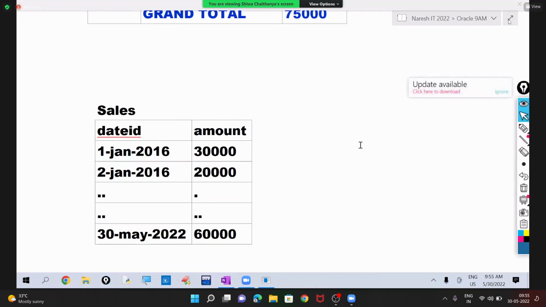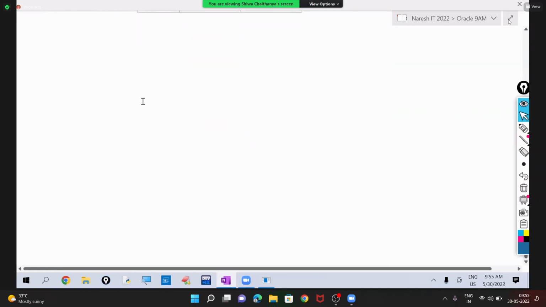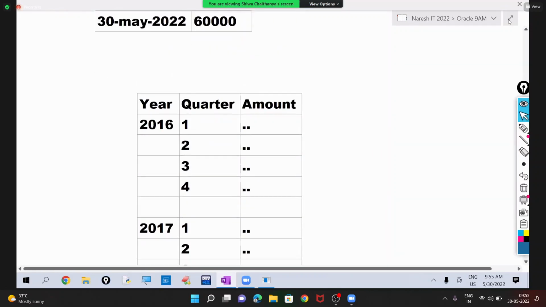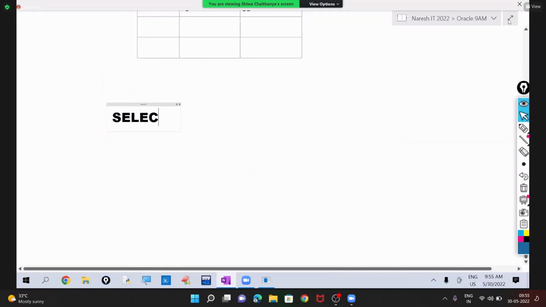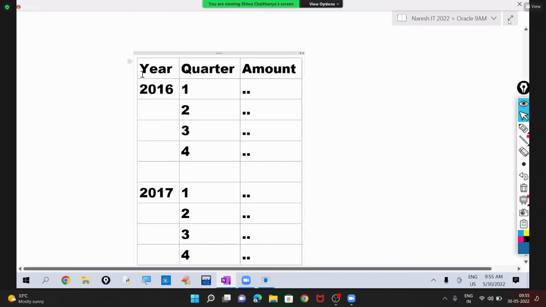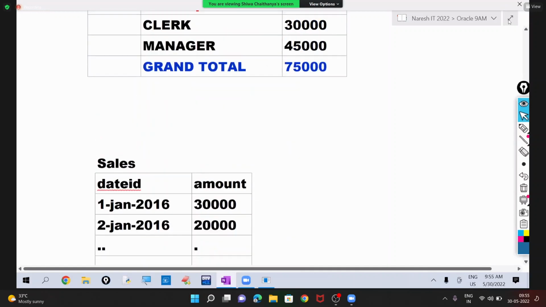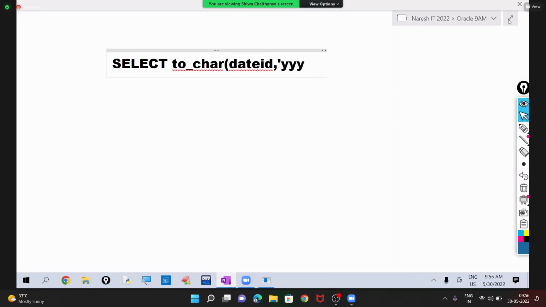Okay, observe here. Our requirement is we want to display year wise, quarter wise amount. So table name is sales. That has two fields, one is date ID, another one is amount. What we have to write? Select. We want to get year. So to get year from date ID, what we have to write? To_char of date ID, comma, y. I want to give alias name as year,